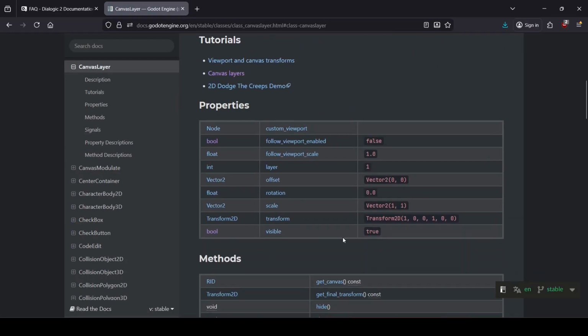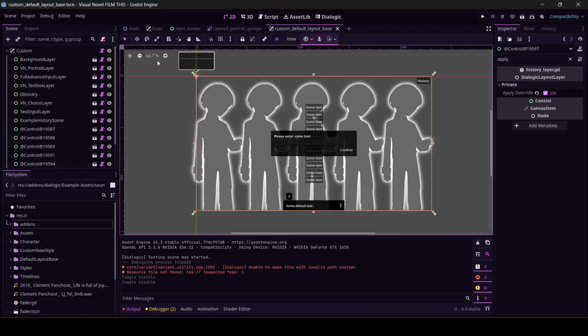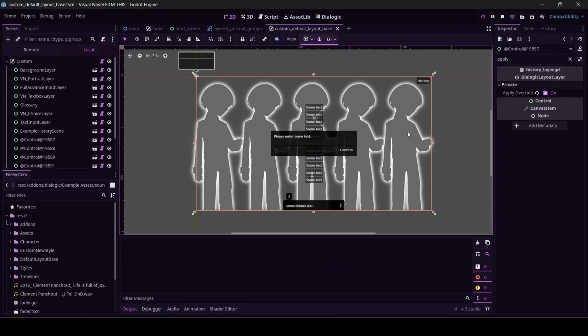You'll notice that index is not a property. I'm reasonably sure they mean layer instead of index. Let me show you what they mean. Okay, when we run the game,